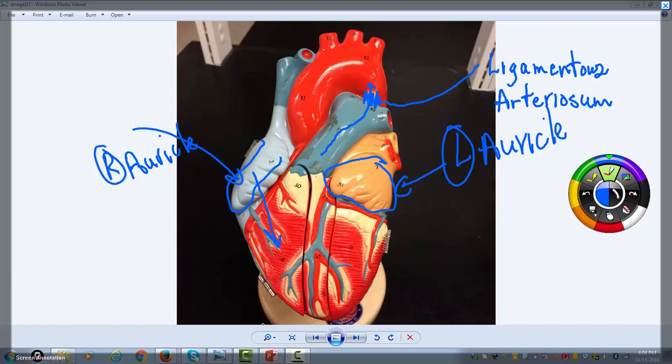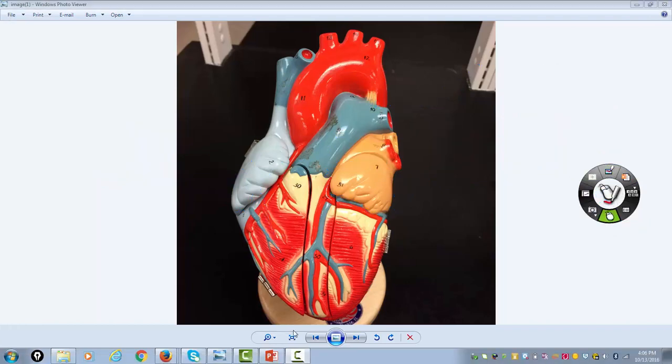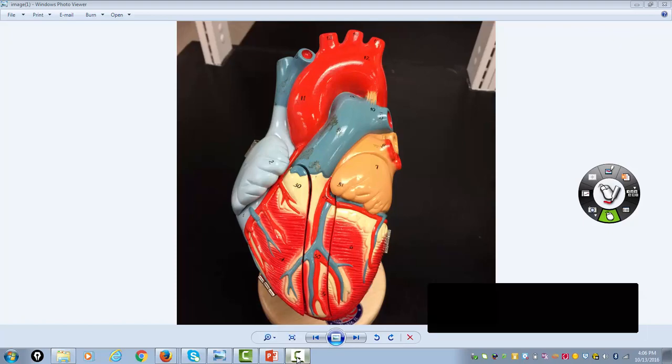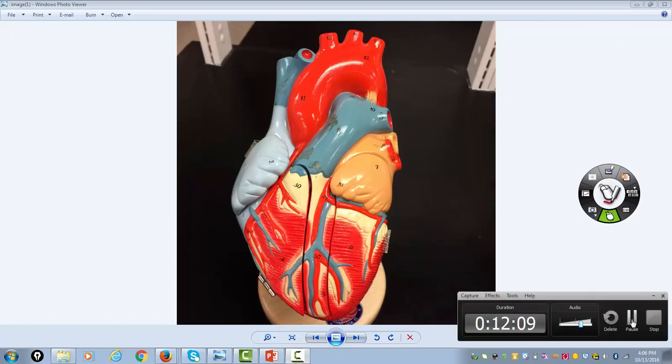All right. So that's some of the superficial features of the heart. What I'm going to do for you next is explain some of the